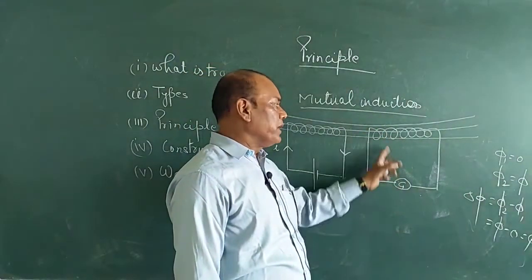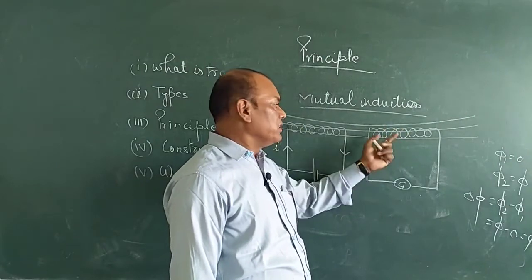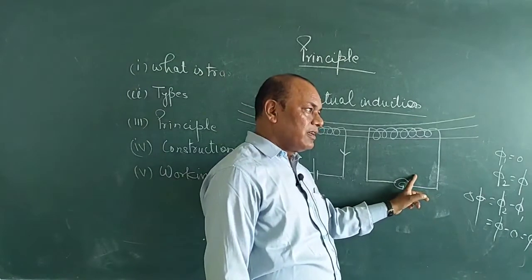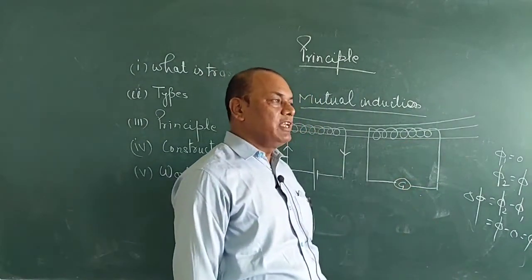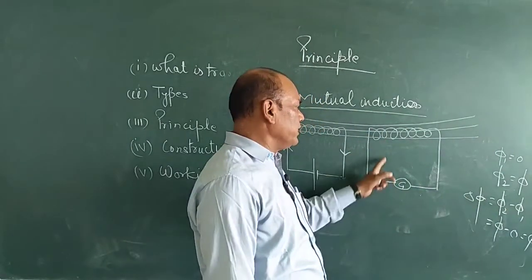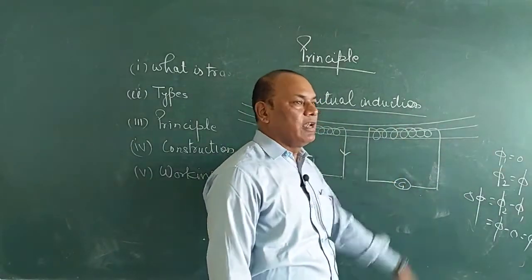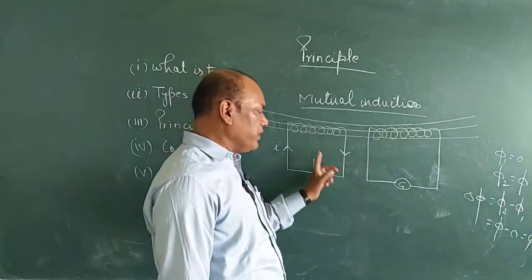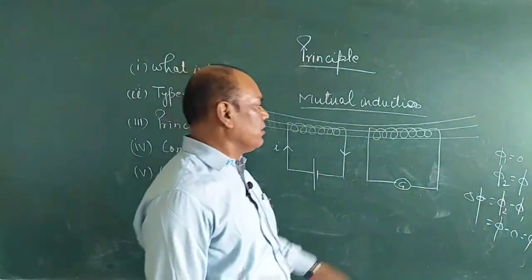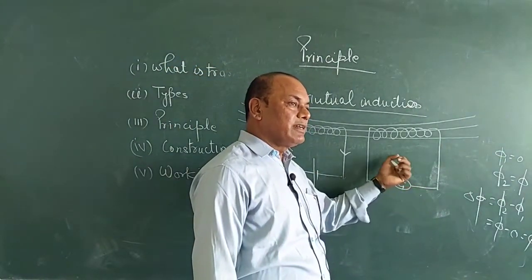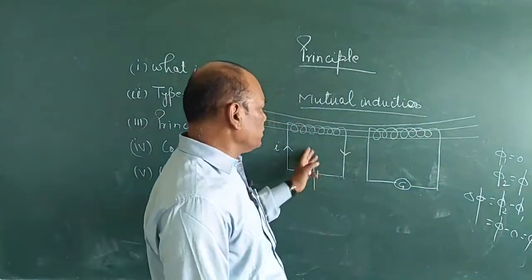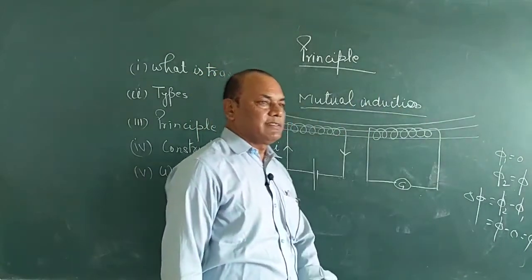This means the magnetic flux attached to this secondary coil suddenly changes, and due to this change there is production of induced EMF, and since the circuit of this coil is completely closed, induced current flows in the secondary coil. In this way, the effect of the change of magnetic field lines occurs in terms of electric current, and that electric current is called induced current. So this phenomenon is called mutual induction.